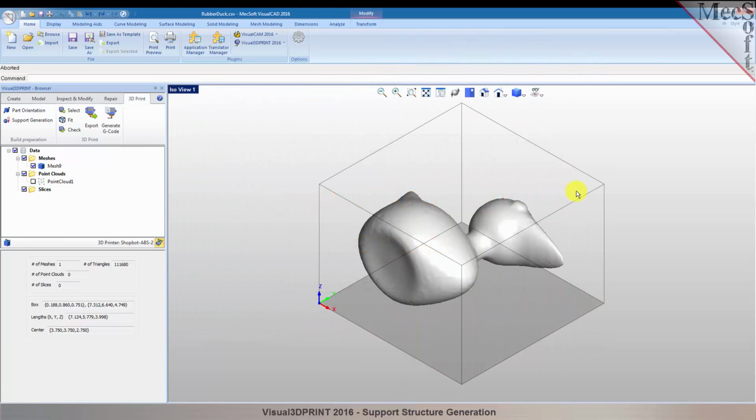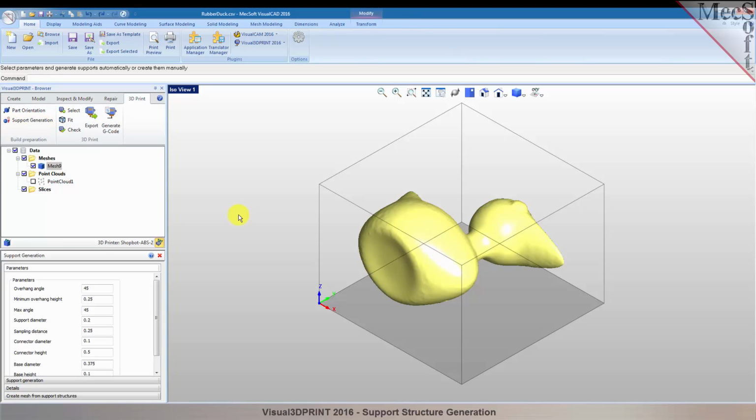The only thing that we've got left to do is create a support structure underneath this part. Currently we have the part centered in the Z, the X and the Y. So we have a cool command in 2016 that allows you to create a support structure automatically for your parts. Go on the 3D Print tab, pick the support generation command, select your mesh, and you will see down here,